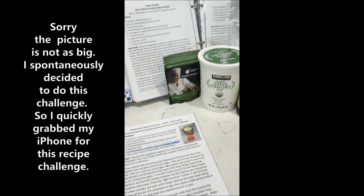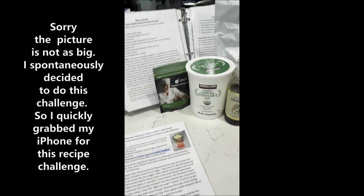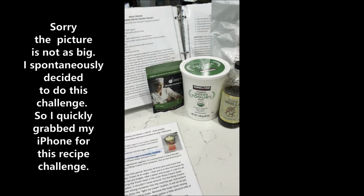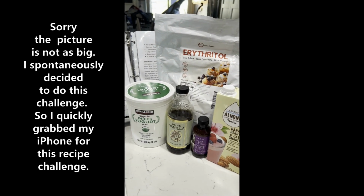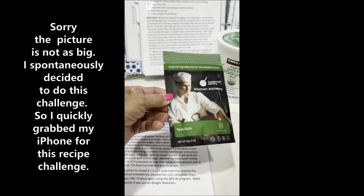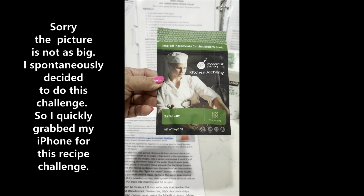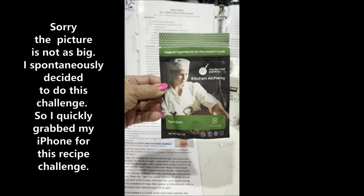Hi everyone, I've just got my iPhone here and I'm getting ready to make some ice creams, and I've heard a lot about Tara gum. I use the guar gum. I used to use the xanthan and then I switched to the guar gum, which is very economical. This Tara gum, they said, makes your ice cream creamier, and you only have to use 1/8 of a teaspoon,